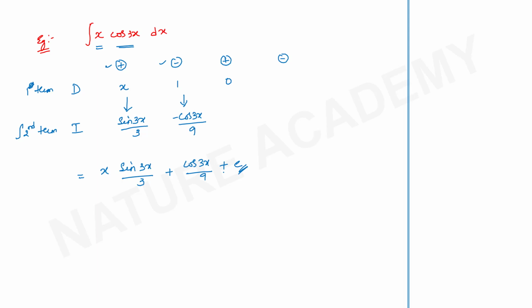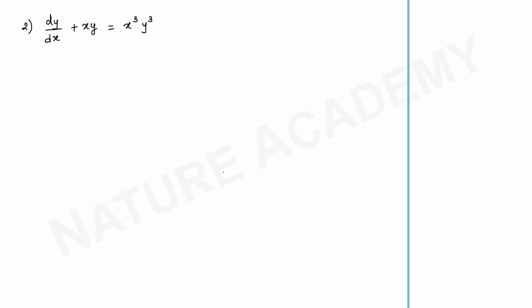See, just within a minute you can easily find the answer. Explaining is time consuming, but when you learn this trick and start applying it, it will be very easy for you. Now this trick is called the differentiation integration method, or DI method. Now keeping this in mind, let's proceed with the next example.